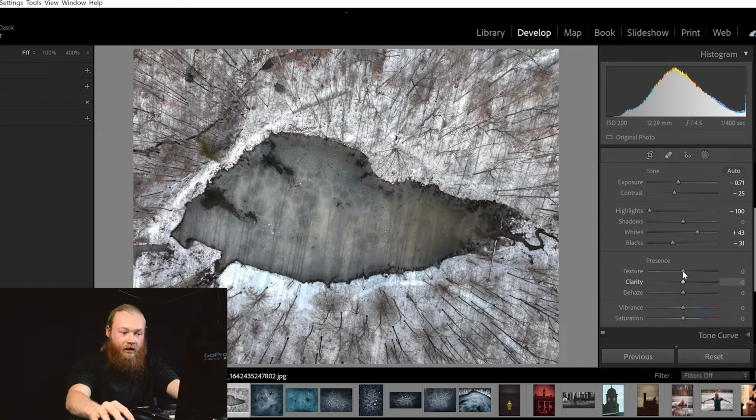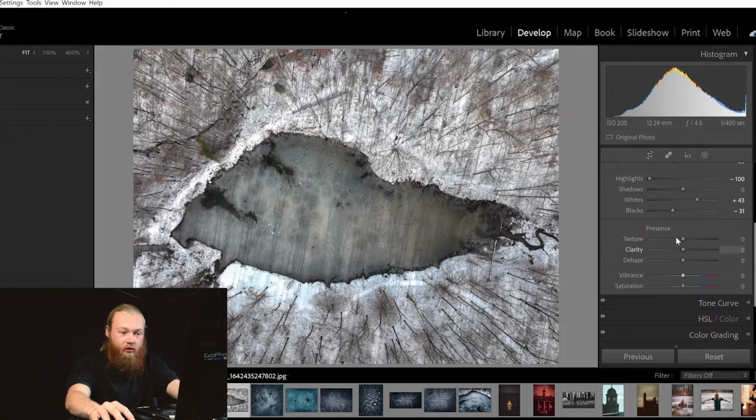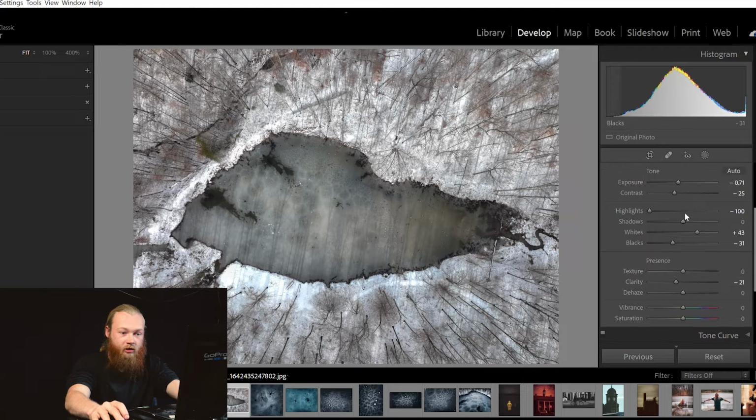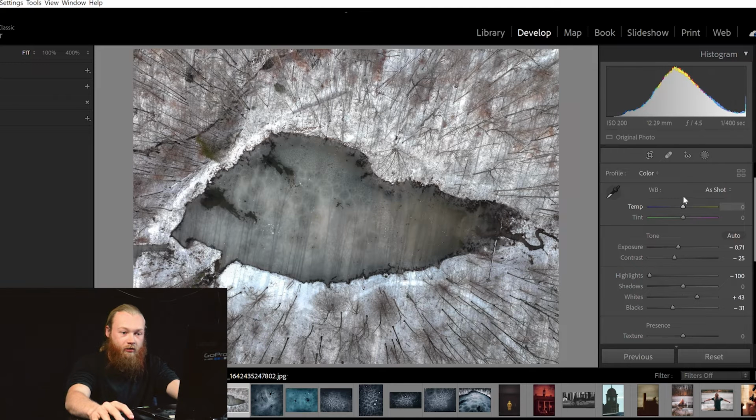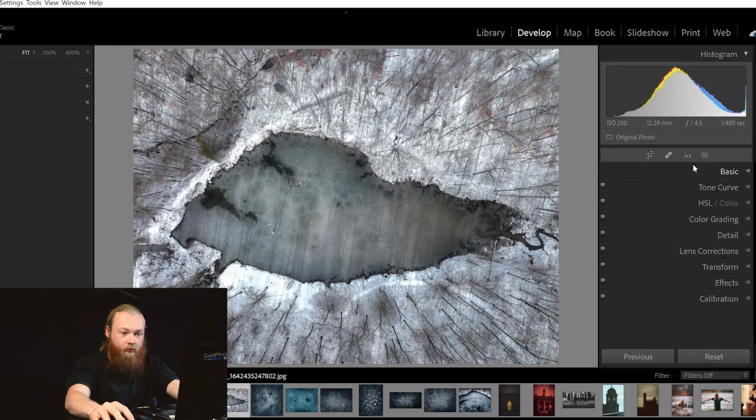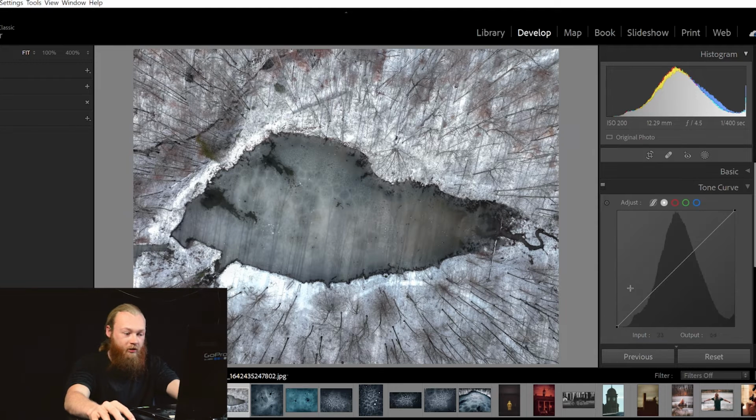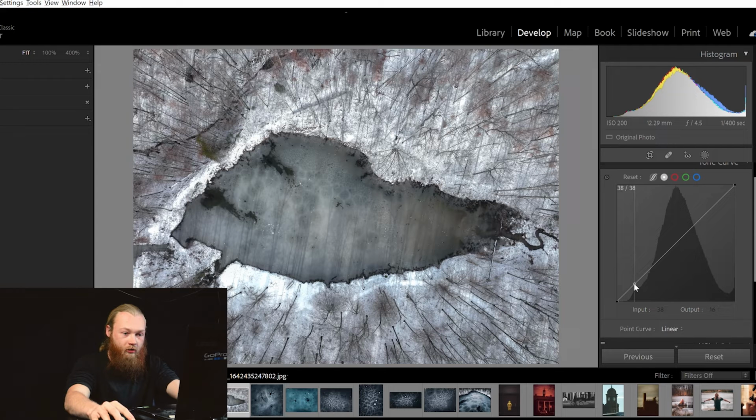Now, I'm not going to use a lot of clarity in the overall image, so I'm going to drop the clarity down just a smidgen. And let's make the image overall just a little bit cooler. Look over here to the tone curve. I'm going to use this tool to really drive in some of the